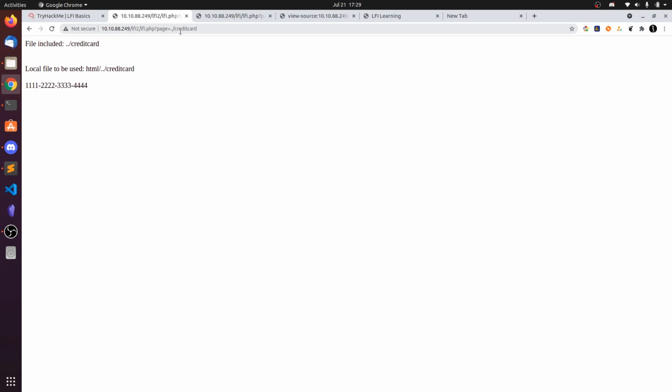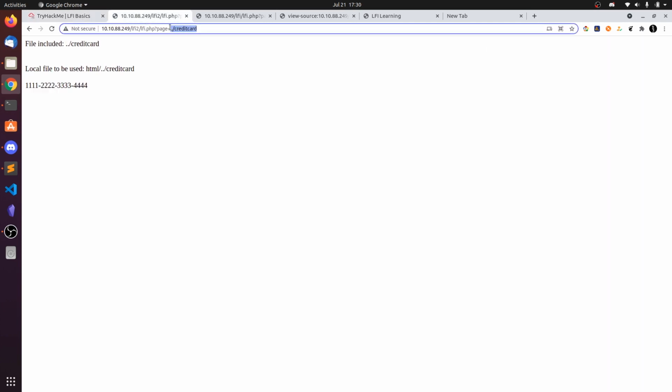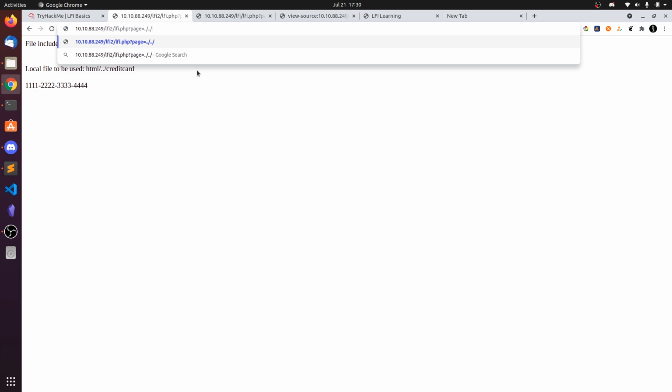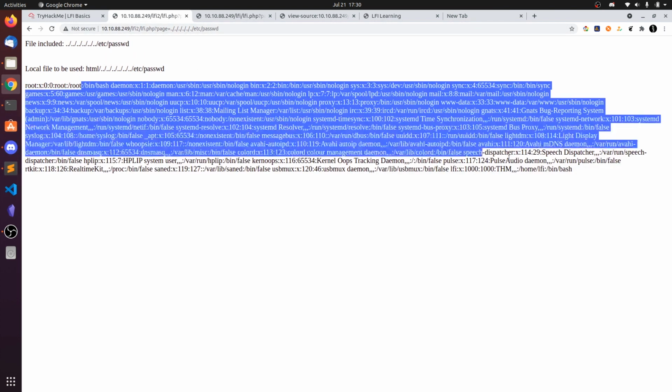So you can see by going up the directory, you can access the pages in the up directories. So you can also go like this. Go up a few directories, and then you can ask for /etc/passwd, since you will get the same result.